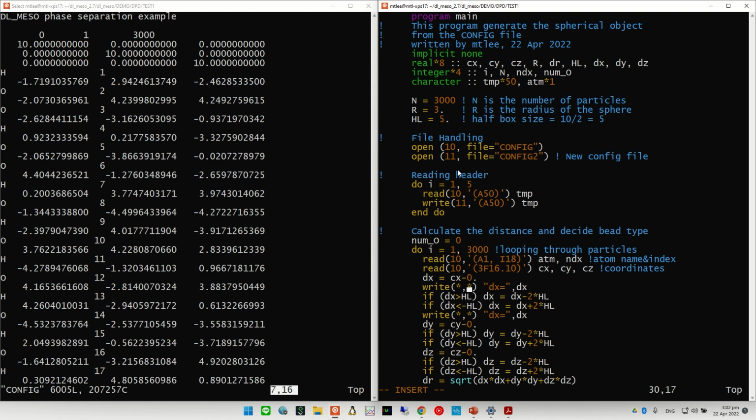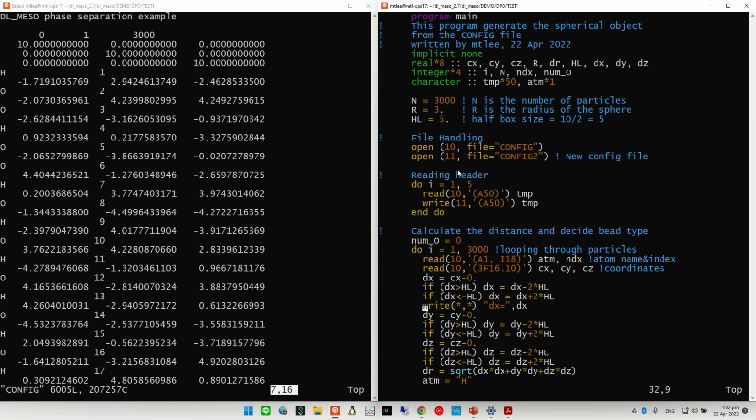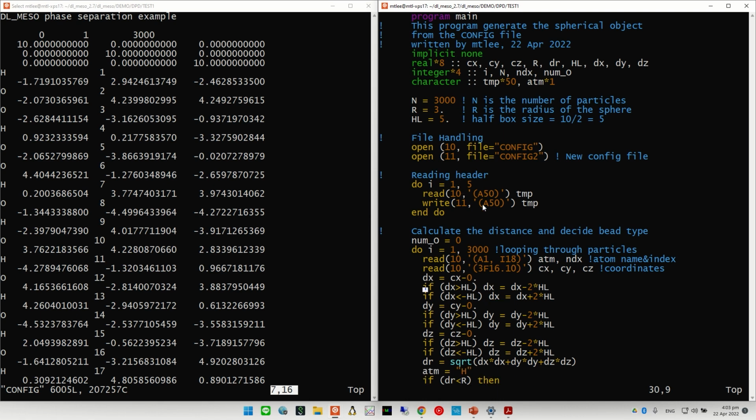All right, this is for my checking. I made a mistake when I was working on this program, so I added some checkpoints to see what is going on here. But you don't need to do that, just delete it. So usually we just calculate dx, dy, and dz, right?